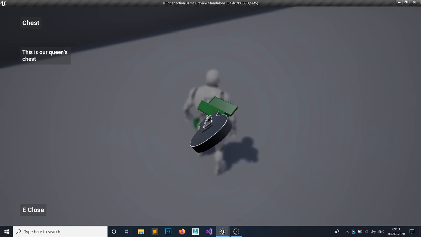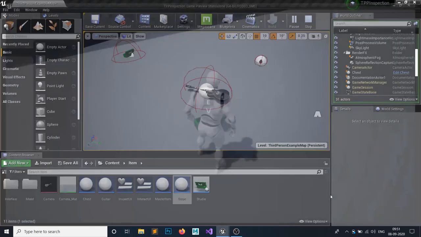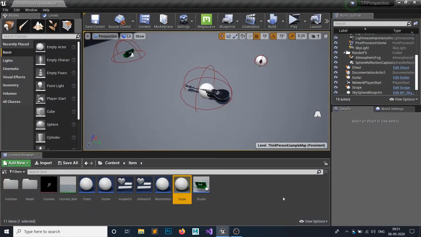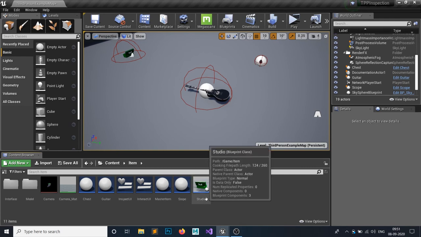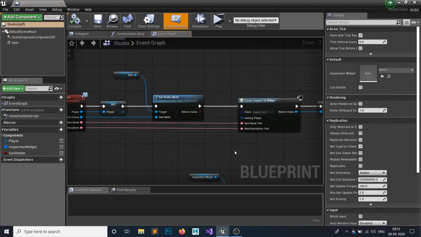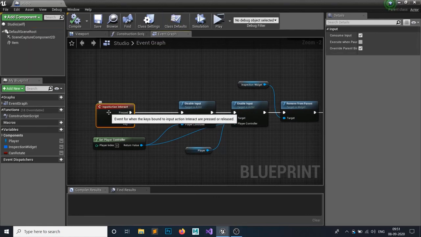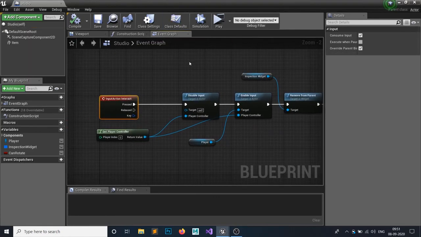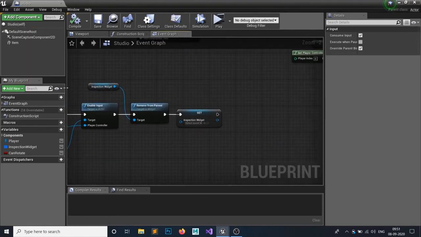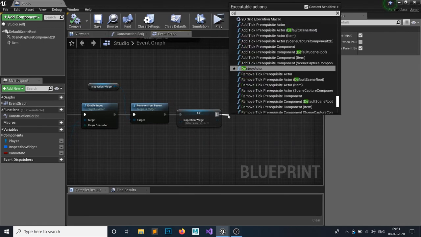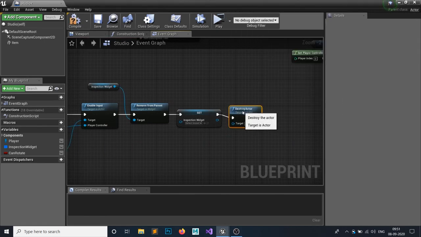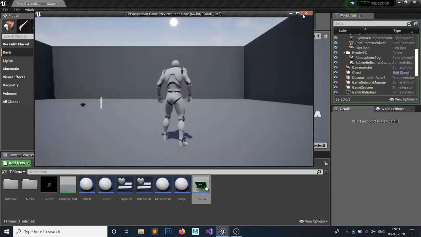Okay, we have made a simple mistake. It's just a simple fix. So open your studio, and when you press this E, the interact, just destroy the actor. It's a simple fix. Hit compile and save, and we are good to go.